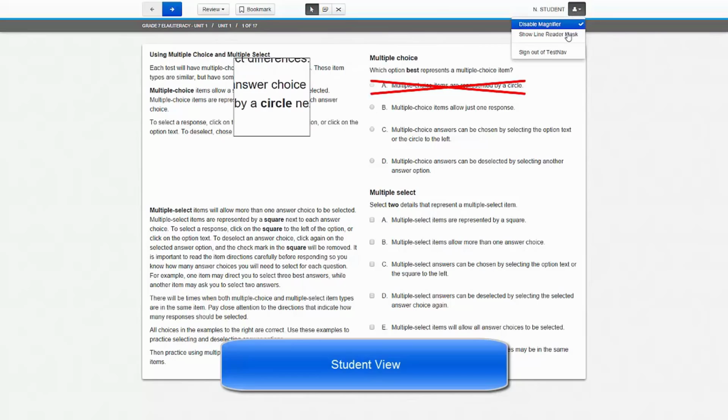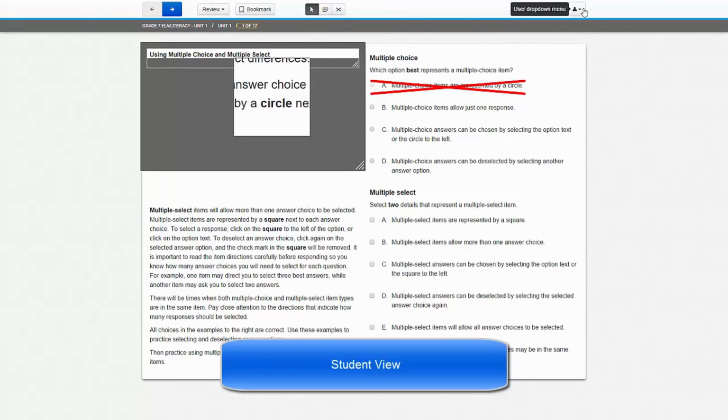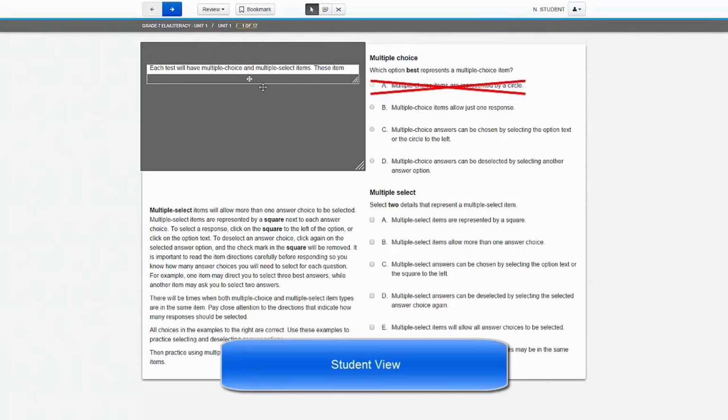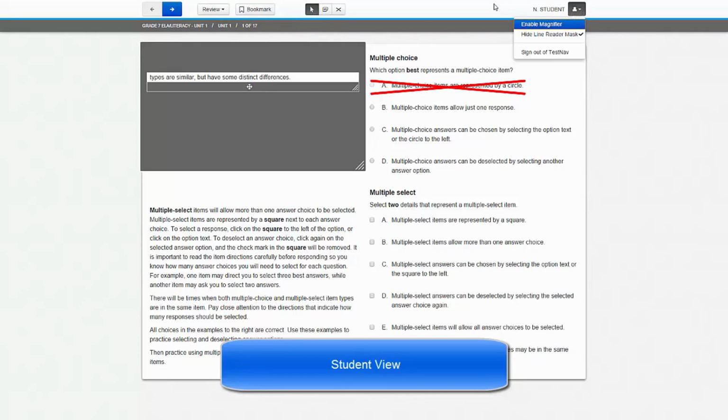And they have the show line reader, which allows them to read one line at a time. So these are features that any student can have. That's where they are. So let's say the student is taking the test and they are done and they exit,